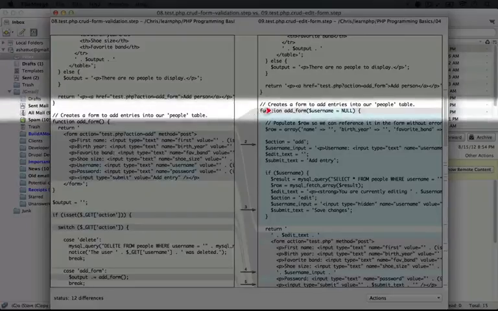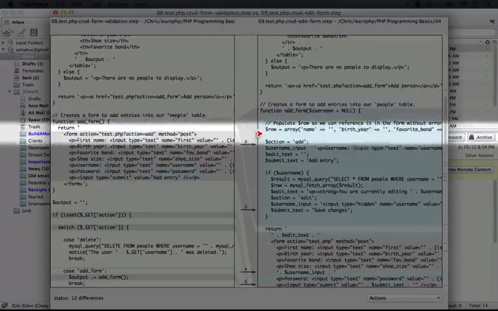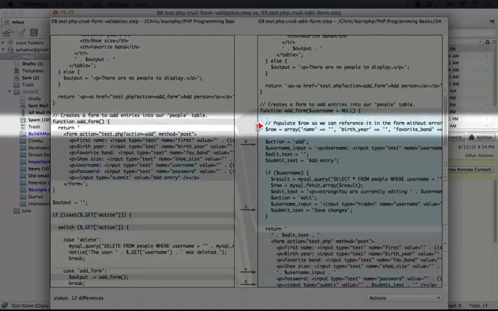So our first difference is when we call this form, we're actually going to take a parameter here for username. So if this is going to be an edit form, we need to know what record to pull out and populate the form with. So that's why we pass the username to it. If this is empty, we're going to set the username to null. And so we'll know then throughout here that if the username is null, that we're actually working with an add form instead of an edit form. Now these next parts I'm going to describe briefly what they do, and then we'll jump over to the editor to take a closer look at what the actual script is doing.